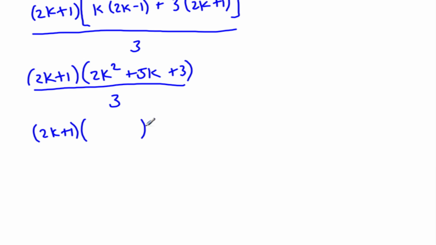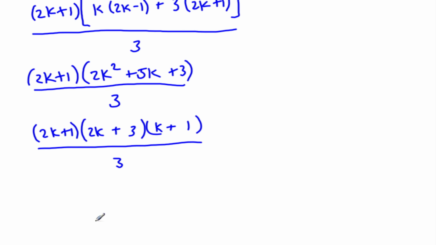So let's factor this. We get a 2k and a k. We have 3 and a 1. And they should both be plus. That's 2 and 3 is 5. So yeah, they'll both be plus. And you see our k plus 1. So now I'm going to move that out in front. So I have a k plus 1. And then I have this piece here, 2k plus 1 and a 2k plus 3